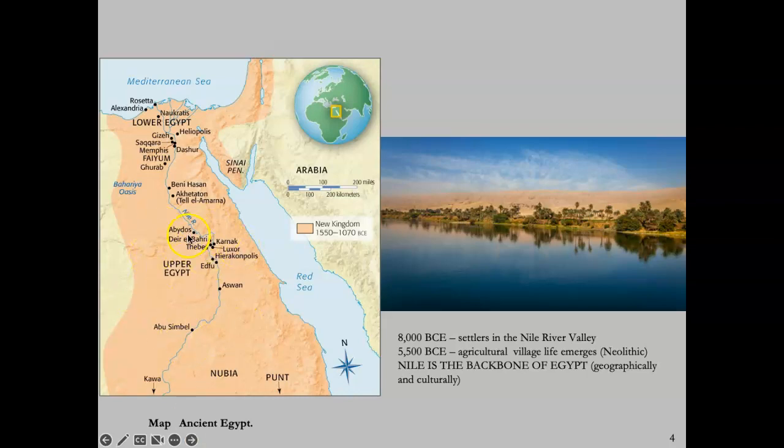And Upper Egypt is down here. Lower Egypt is up here in the north. This is a little confusing, but just remember that Lower Egypt is above Upper Egypt. And because of this, they didn't have to go outside the region for a lot of natural resources. They didn't have to go outside the region for building materials either. They had stone for architecture, and there were great limestone quarries up here around Giza, which is where the pyramids were built. They had clay for pottery, thanks to the Nile.